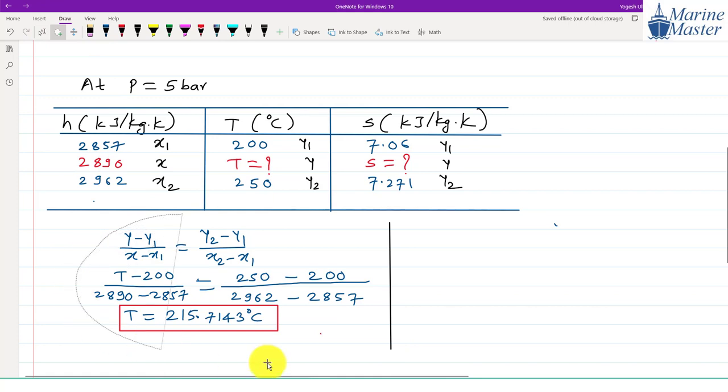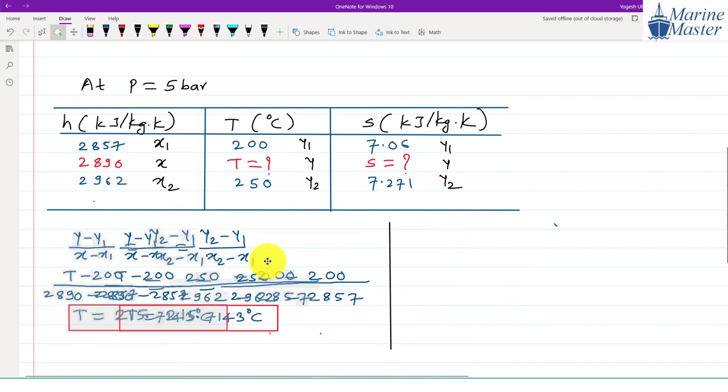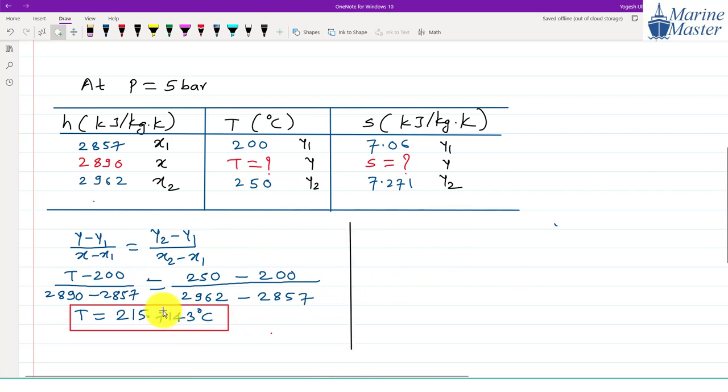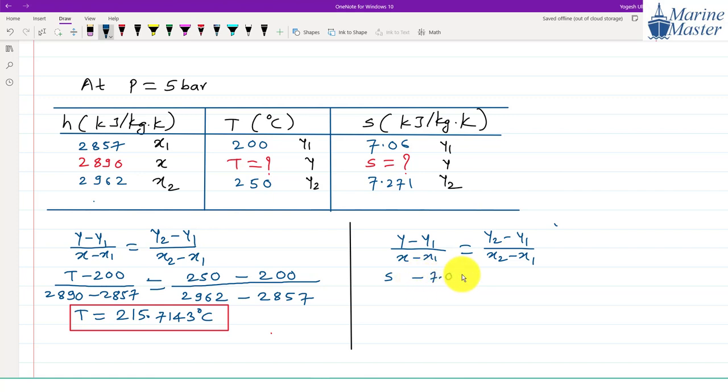I am going to write these things side by side, so that everything is properly available to us, guys. So here we got the value of temperature. Similarly we can calculate the value of entropy with the same relation. Y minus Y1 divided by X minus X1 is equal to Y2 minus Y1 divided by X2 minus X1. Y is the entropy that we have to find out. Y1 is 7.06. X is 2890 minus X1 2857